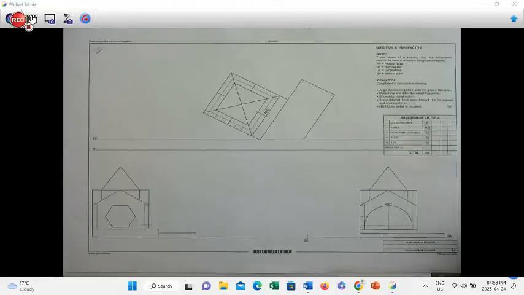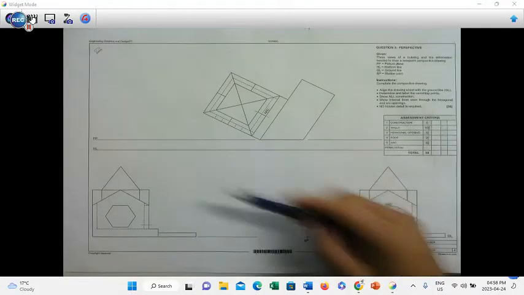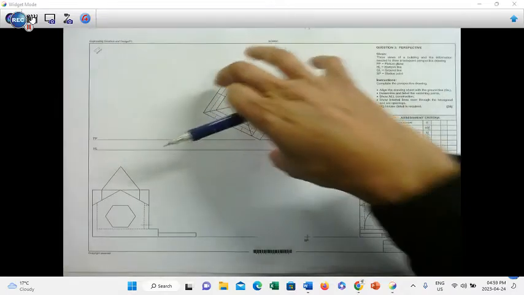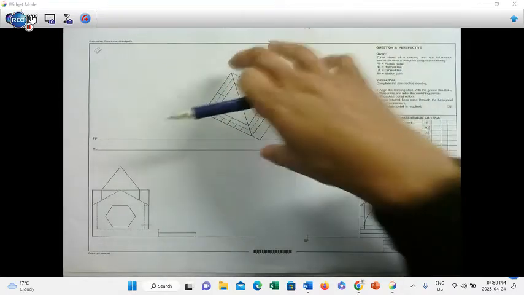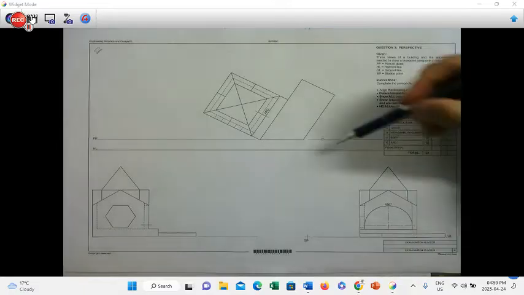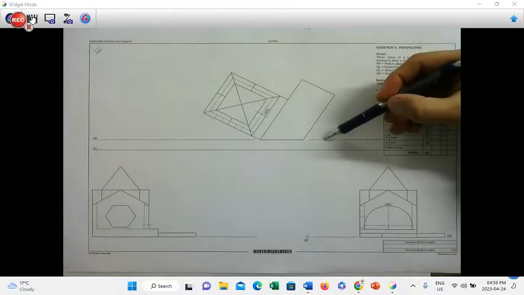Hi grade 12s, we are looking at another perspective drawing where we are given three views of a building and the information needed to draw the 2-point perspective drawing. So if we examine here, we have the top view, as we've discussed previously, of the building. If you are standing right in front of this building, as indicated by the arrow, this is the picture